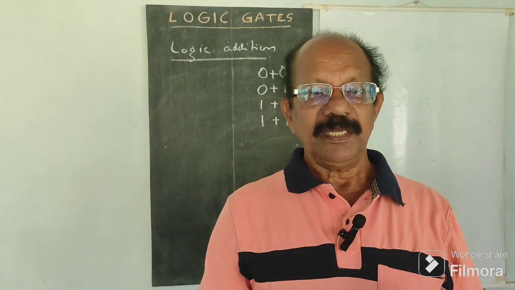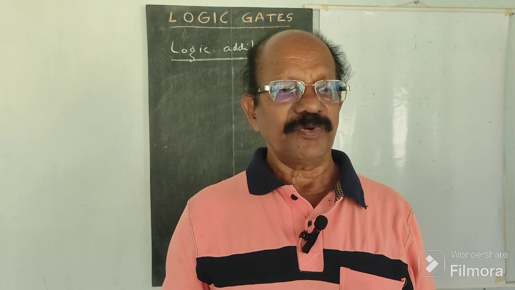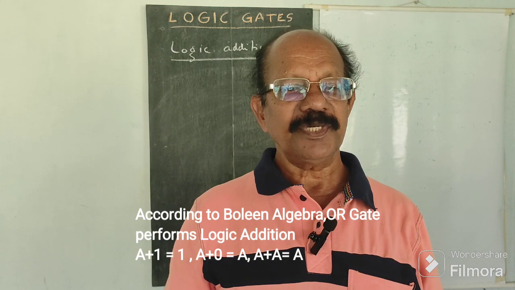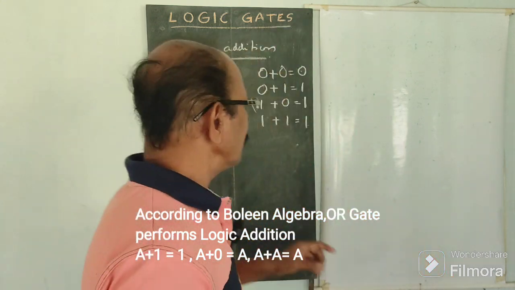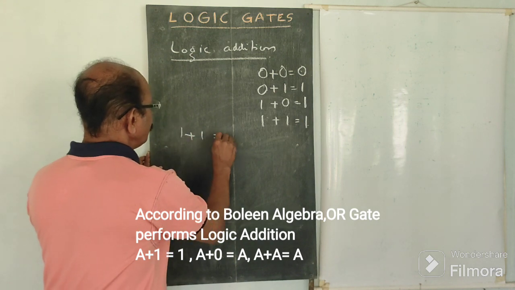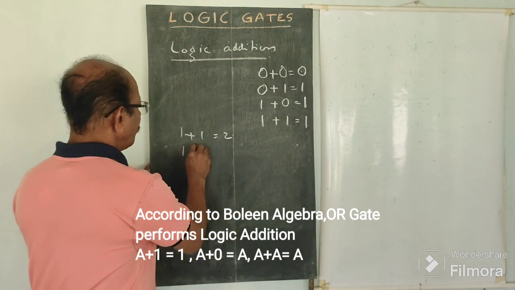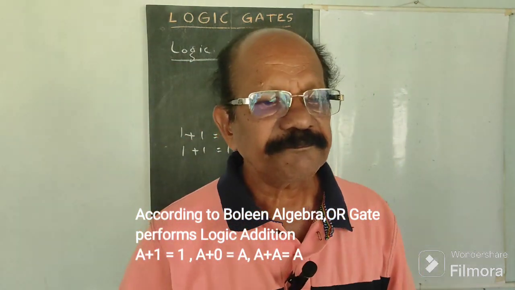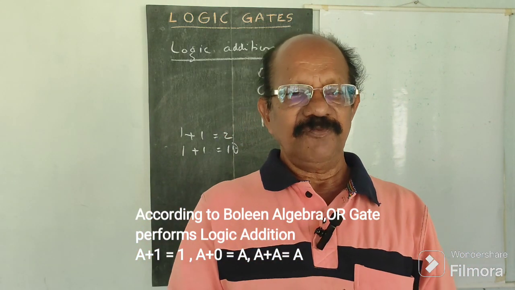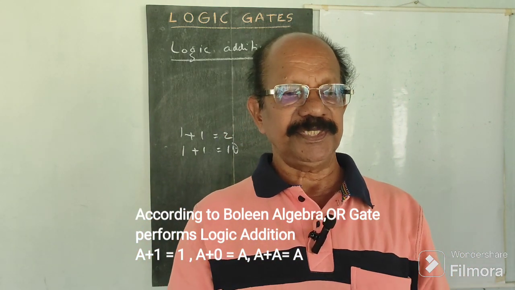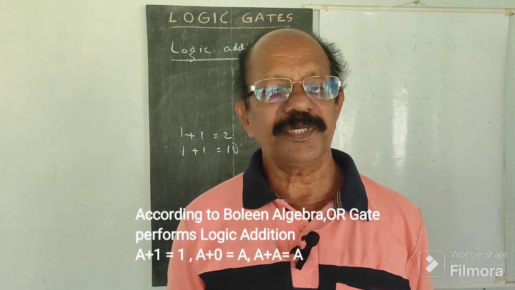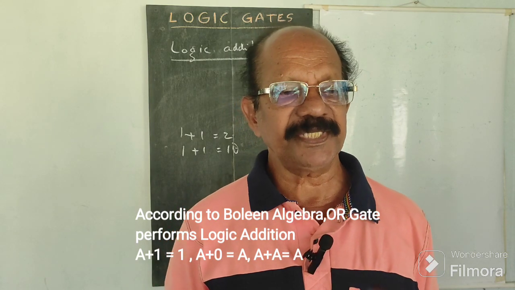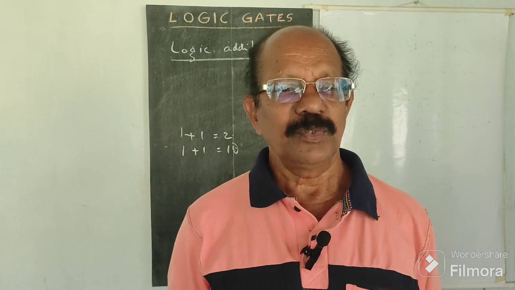Now, the plus sign in Boolean algebra does not stand for addition as understood in ordinary numerical algebra. In numerical algebra 1 plus 1 is equal to 2, but in binary operation 1 plus 1 is equal to 10. In symbolic logic, the plus sign indicates the OR operation, whose rules are